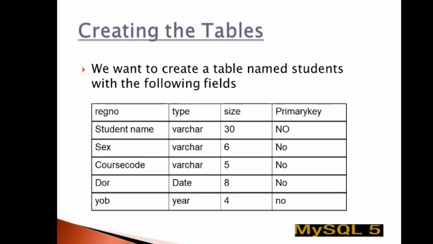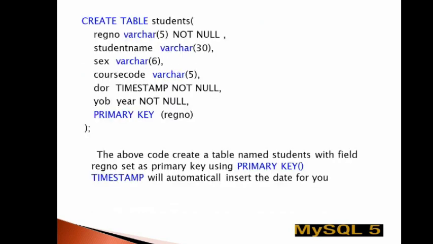I think the labeling of the table headings is not correct. We are supposed to have another line there to show us we have registration number, and this is the particular type of that registration number, the size, and then we indicate that it's a primary key. So how do we create this table? Now, to create this table, we basically say create